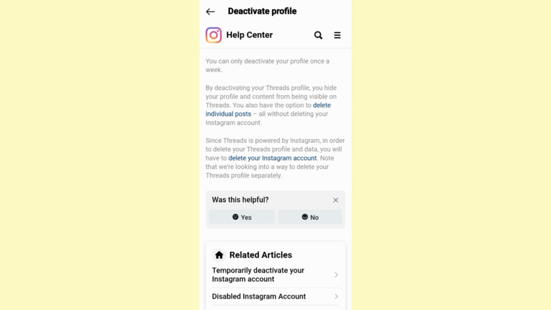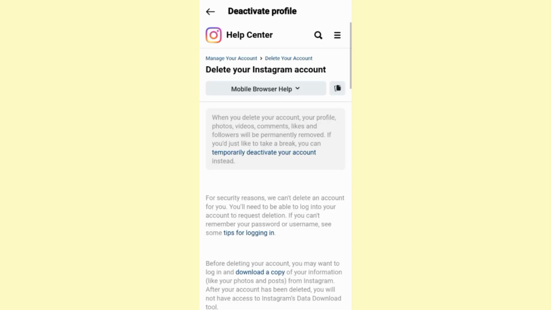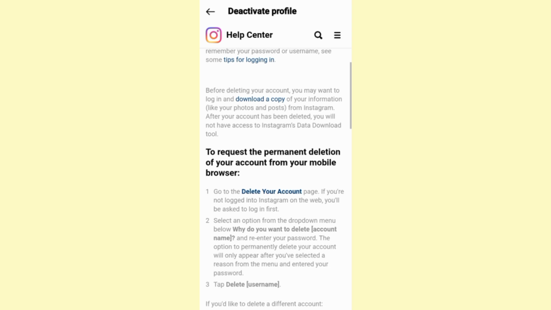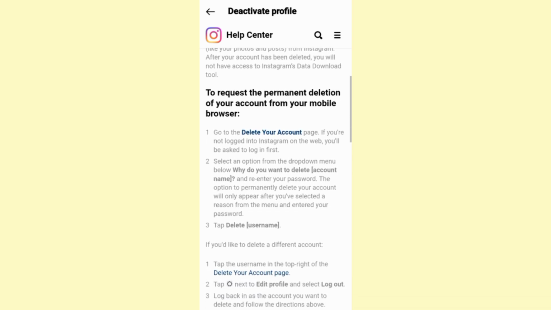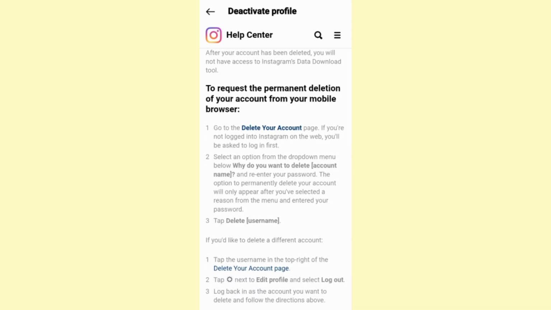So click on the blue text that says delete your Instagram account, and then here you need to scroll down to this section that says to request the permanent deletion of your account from your mobile browser, and as you can see, it has this bold blue text that says delete your account. Click on it,